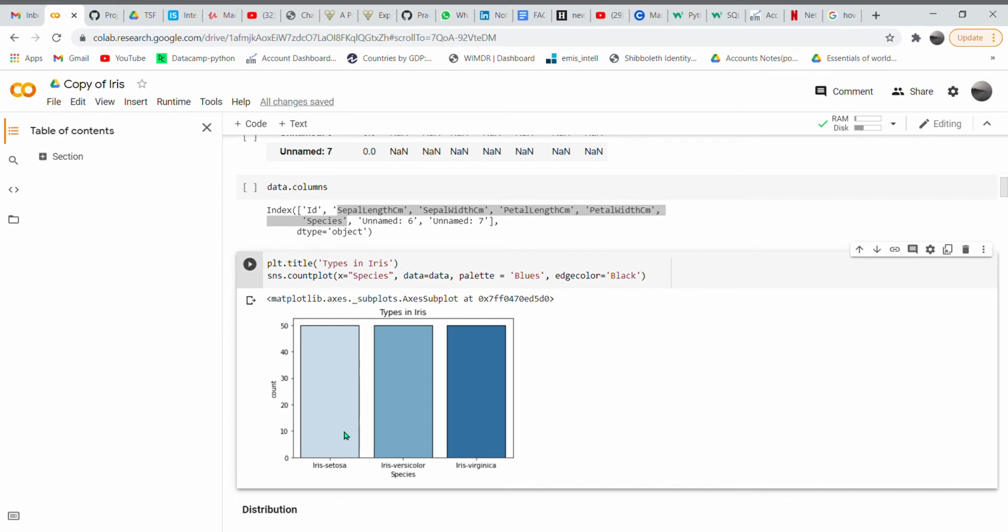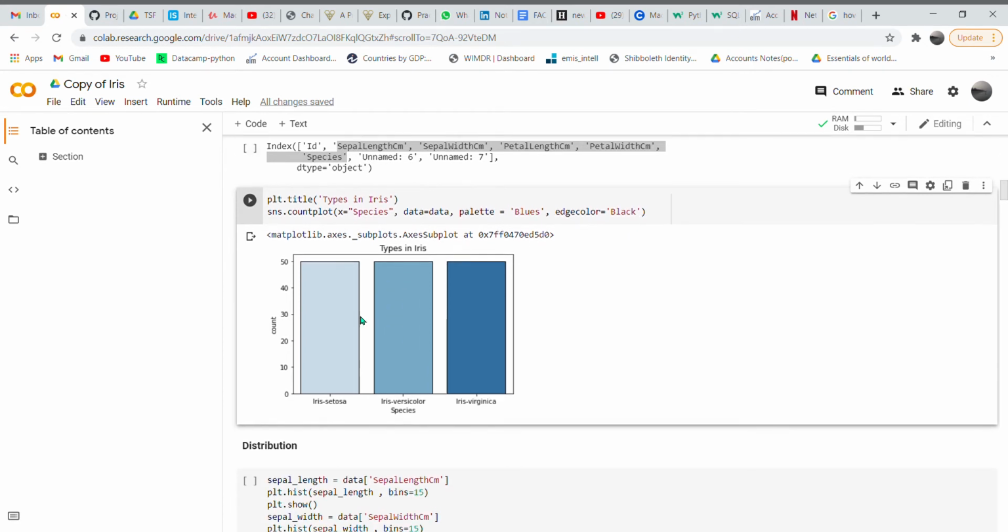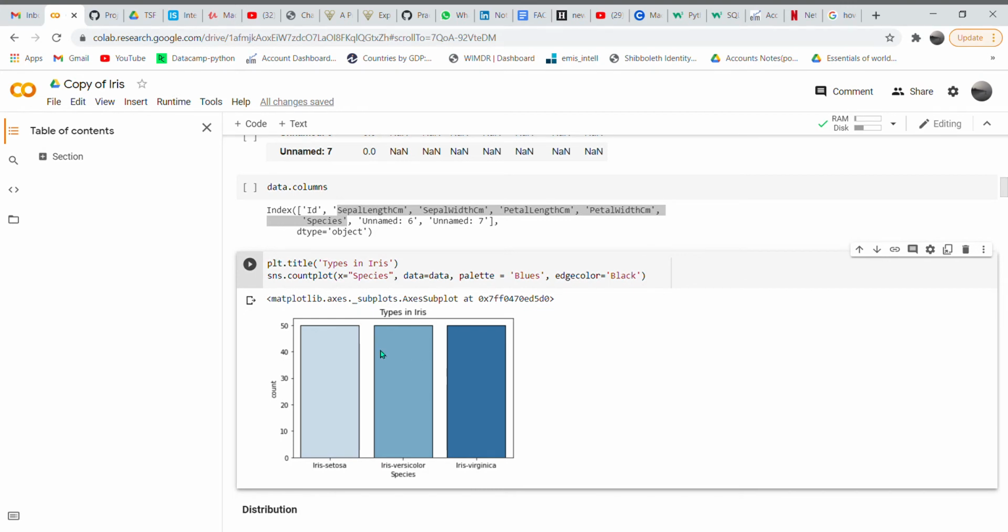Here we can see Setosa as well as versicolor and virginica are the three main classes we have to predict from this problem statement. And I've taken blues as a palette color, different shades of blues, and the edge color as black. And the distribution is constant for all three. Setosa is 50, and versicolor is 50, as well as virginica is 50.